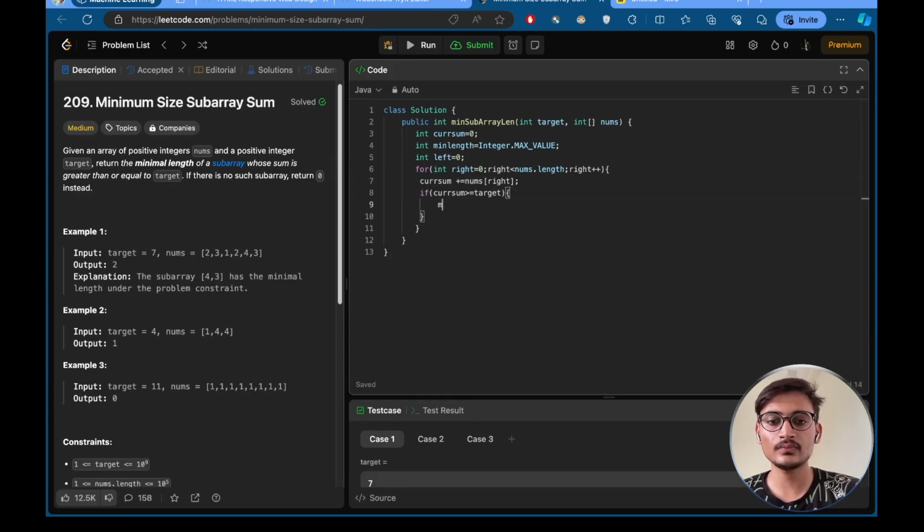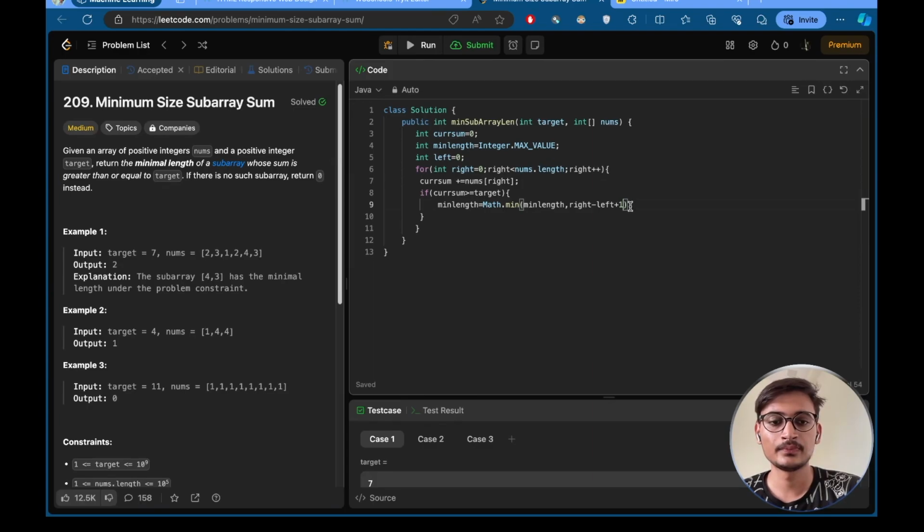What we have to do is update our minimum length, which is going to be Math.min of minLength and the size, which will be right minus left plus 1, which is same as the three loop condition,